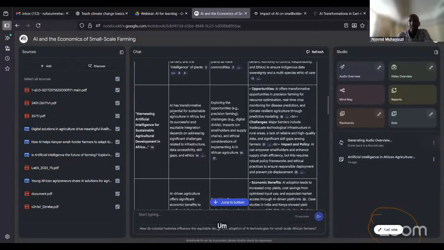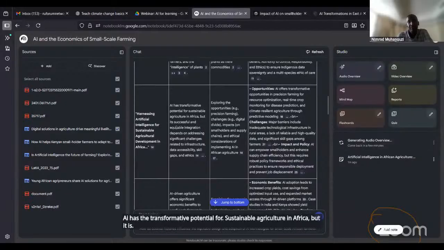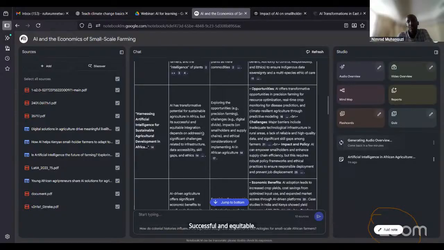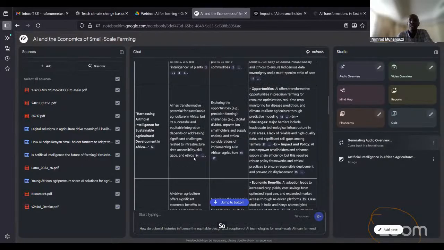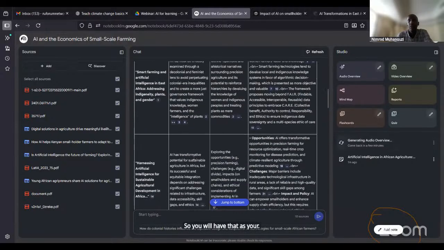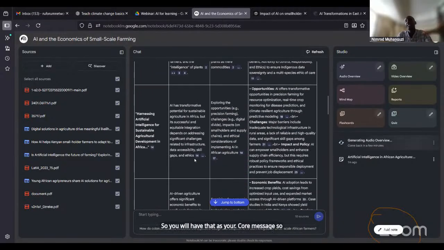AI has transformative potential for sustainable agriculture in Africa, but successful and equitable integration depends on addressing significant challenges related to infrastructure, data accessibility, skill gaps, and ethics. So you have that as your core message. So you are interrogating these different